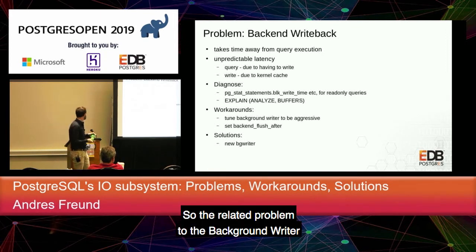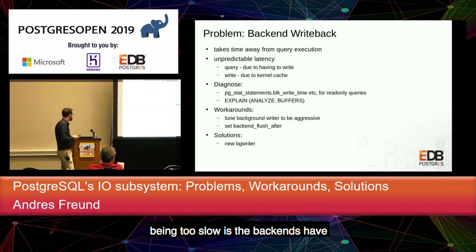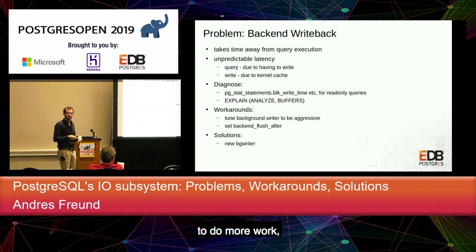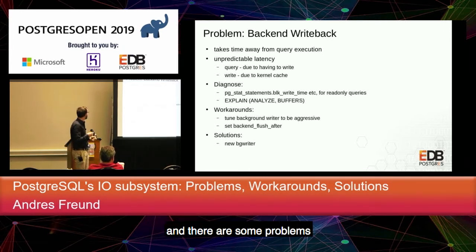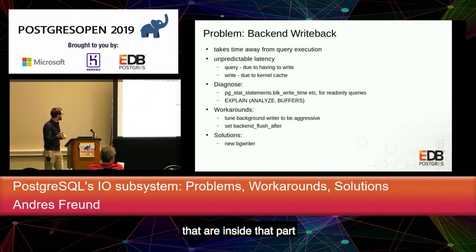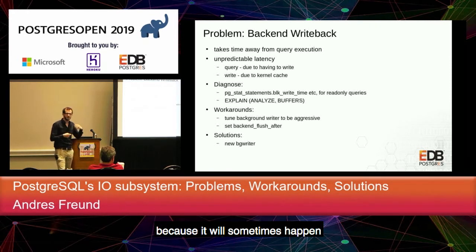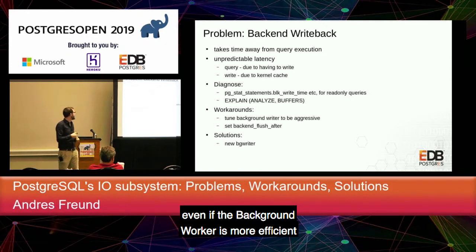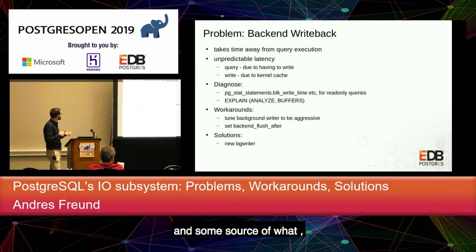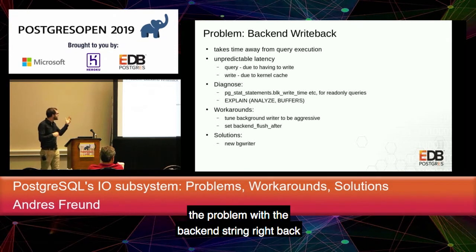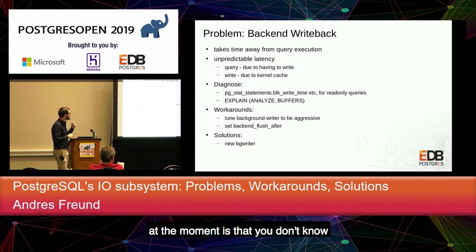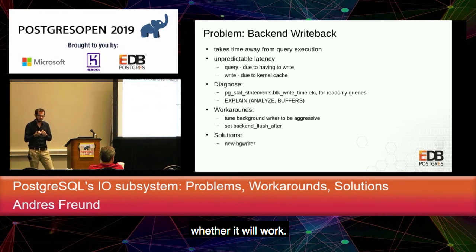So the related problem to the background writer being too slow is that the backends have to do more work writing out data, and there are some problems inside that part that are specific to backends doing write back, and we can improve that, even because it will sometimes happen even if the background worker is more efficient. And some sources of the problem with the backends doing write back at the moment is that you don't know whether it will, or